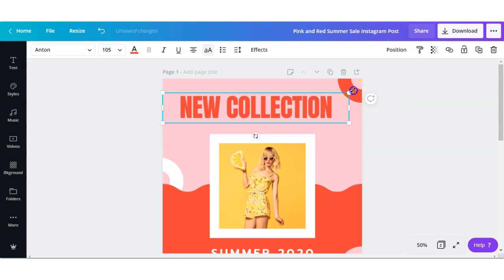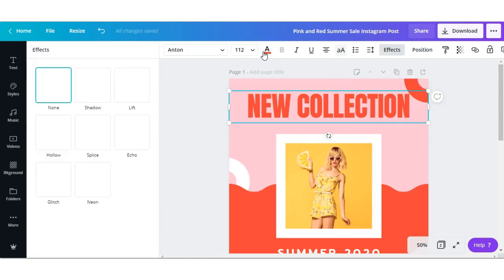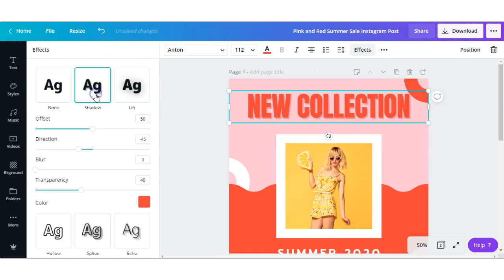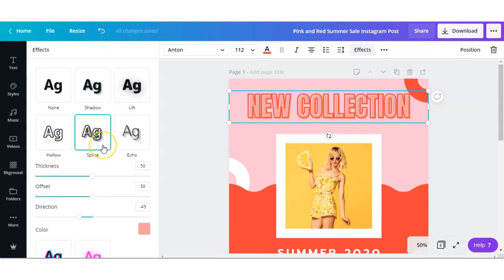Just hover over the corners and stretch it out and make it fit how you like. We were on effects. So here is where you can add cool things to your text to make it do different things, like have a shadow behind it like this. Then we have lift, then we have hollow. Splice is the one that I use the most often,